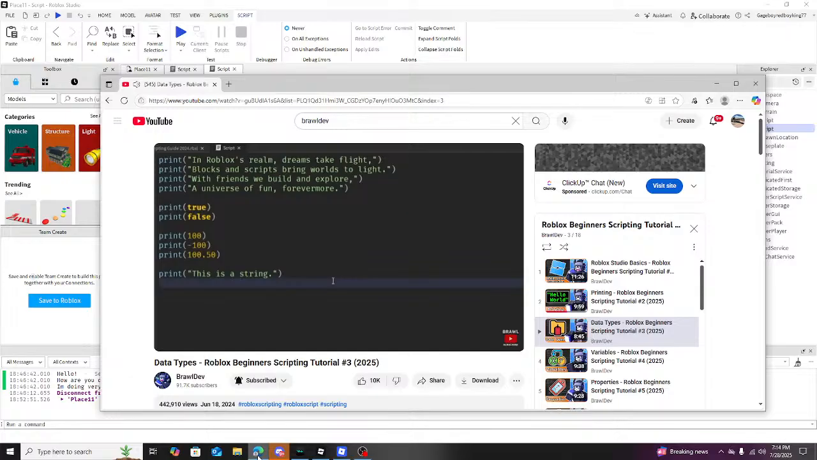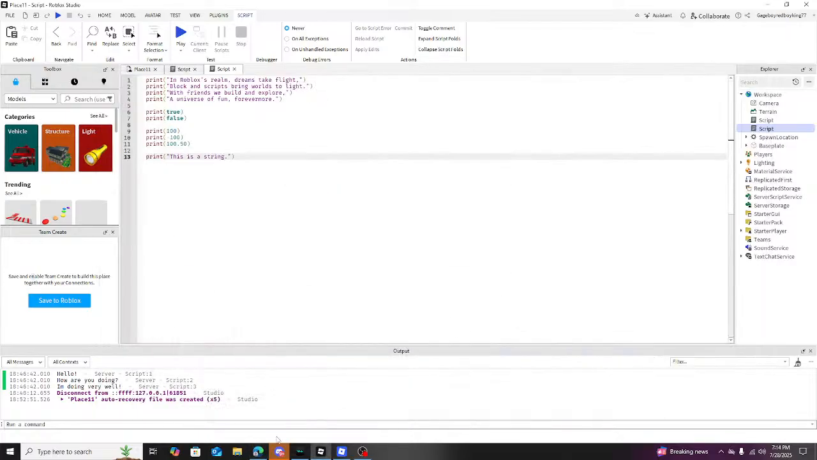So if I were to drop a line down here, make a print statement, open and close parentheses, we can actually